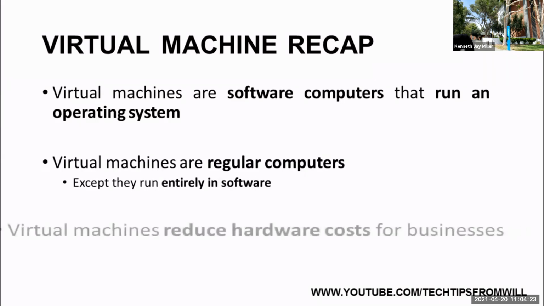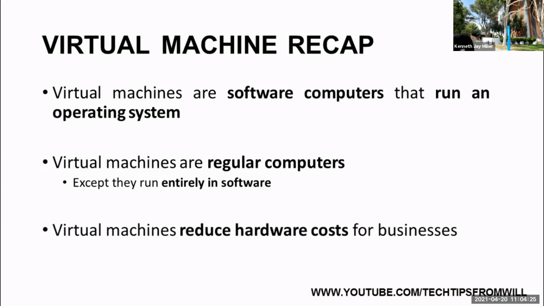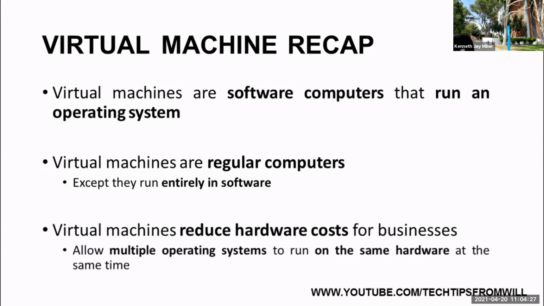Virtual machines allow businesses to cut down on hardware costs by having two or more completely separate operating systems running on the same physical computer at the same time. You should not think of virtual machines as any less of a computer just because they are software-based. Virtual machines are every bit of a computer as their physical counterparts, and are just as capable of performing the